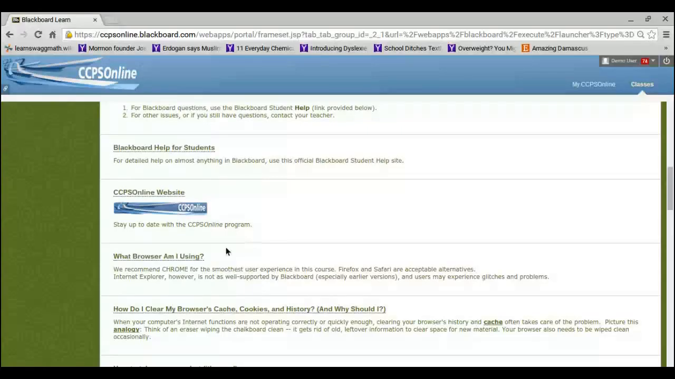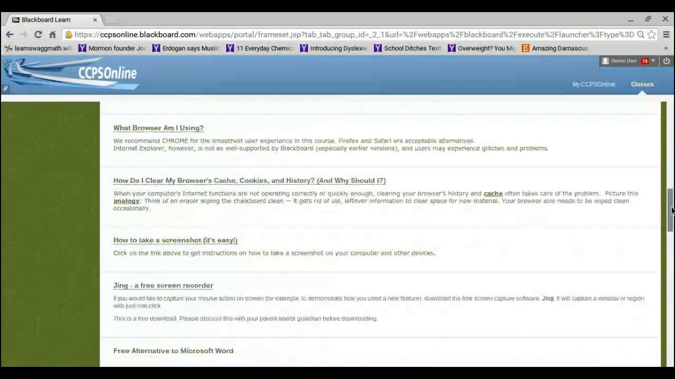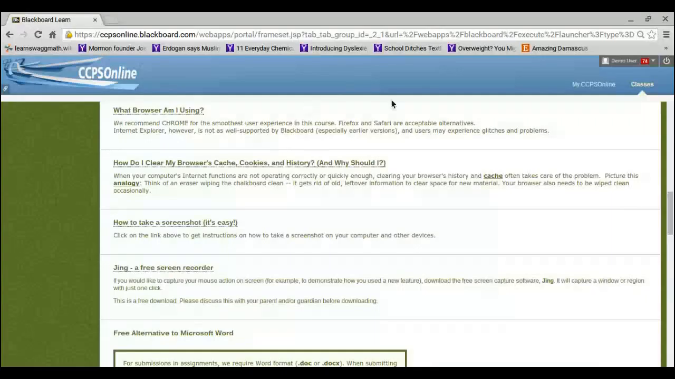Now, remember I talked about using Chrome or Firefox. If you have no idea what I'm talking about, this is the link for you. What browser am I using? So if you're not sure what I'm talking about, go in there. If you're using the one with the blue E, you might not even be able to see any of this stuff. Now, you have all kinds of things on how to clear your cache, cookies, and history,